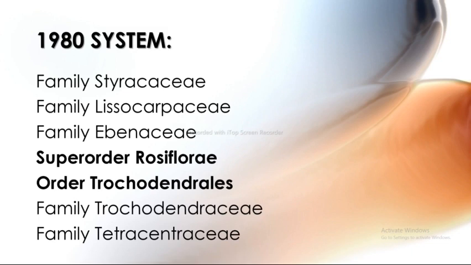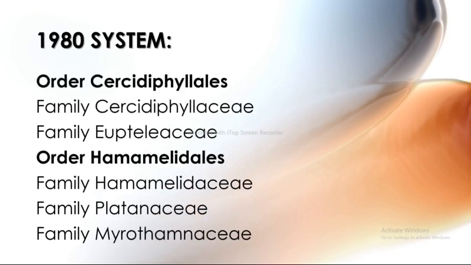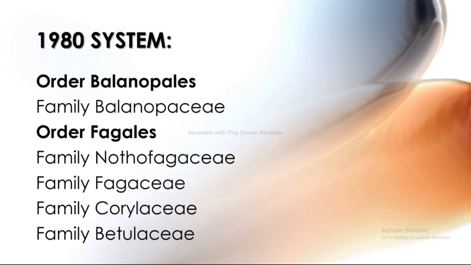and the next is the Tetracentraceae. Next order is the Cercidiphyllales. Cercidiphyllales includes the family Cercidiphyllaceae and Eupteleaceae, and the next order is the Hamamelidales. It includes the family Hamamelidaceae and Platanaceae. Next is the Myrothamnaceae, and the next order is the